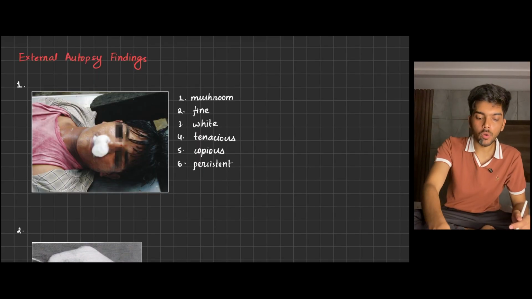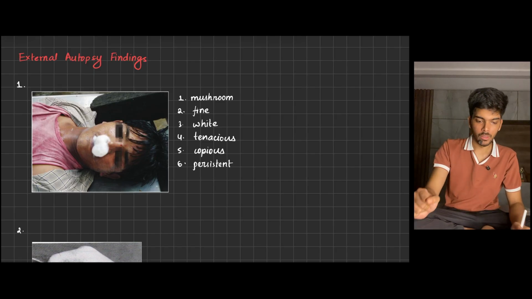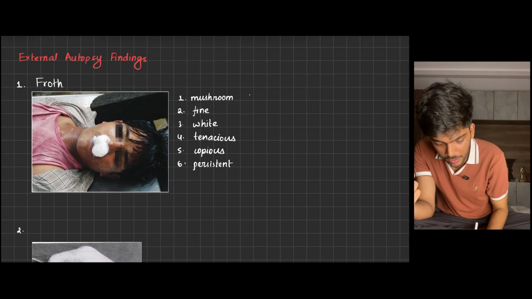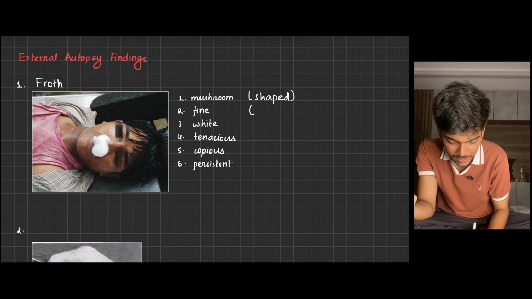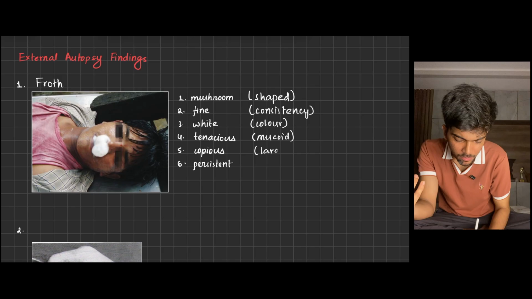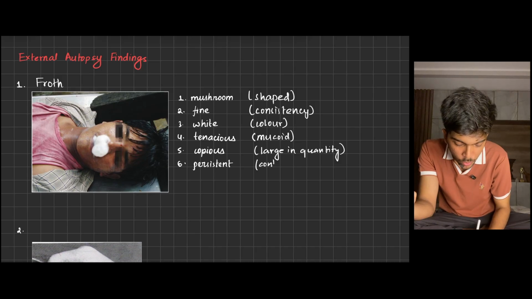Now we are going to learn about the external and internal autopsy findings in case of drowning. First is froth. The froth is mushroom shaped. It is fine in consistency. It is white in color. It is tenacious or mucoid. It is large in quantity, that is copious, and it is persistent, that is it continues to come out